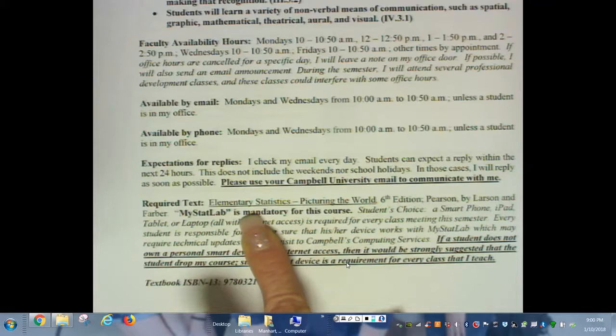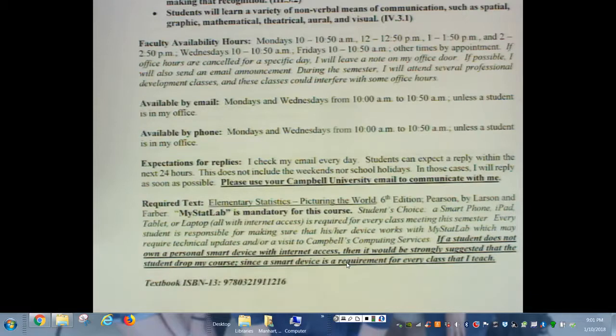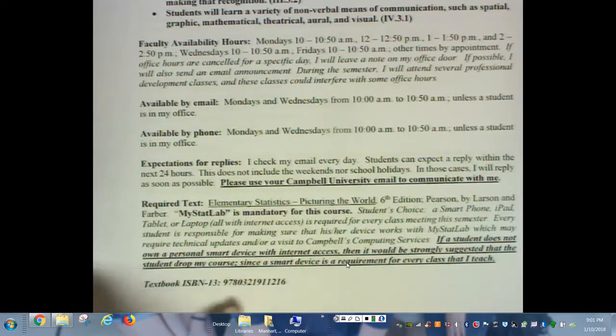That means that you're not going to be able to use your device and access your e-textbook within the classroom during actual class lecture. So if you feel like, and I do use the textbook, that you're going to need it during the lecture, you will need to buy a hard copy or a loose leaf version of the textbook from the campus bookstore or wherever you decide to buy your textbook. But the access code is mandatory for the course.